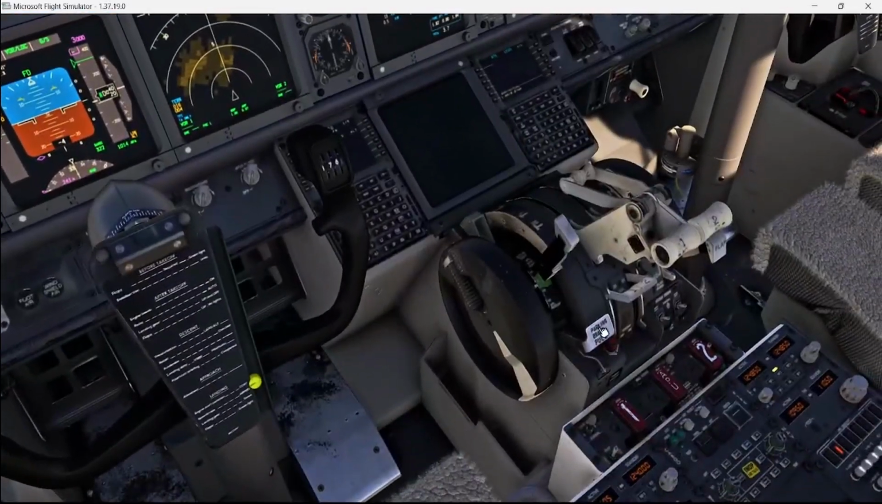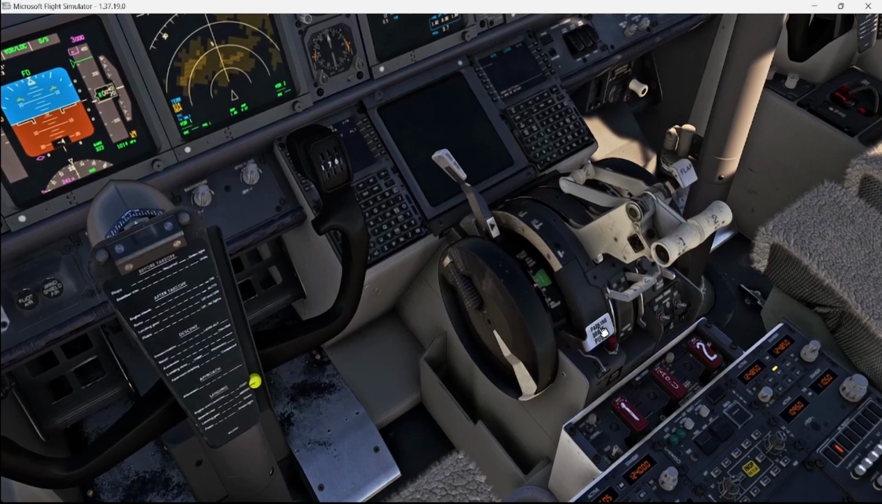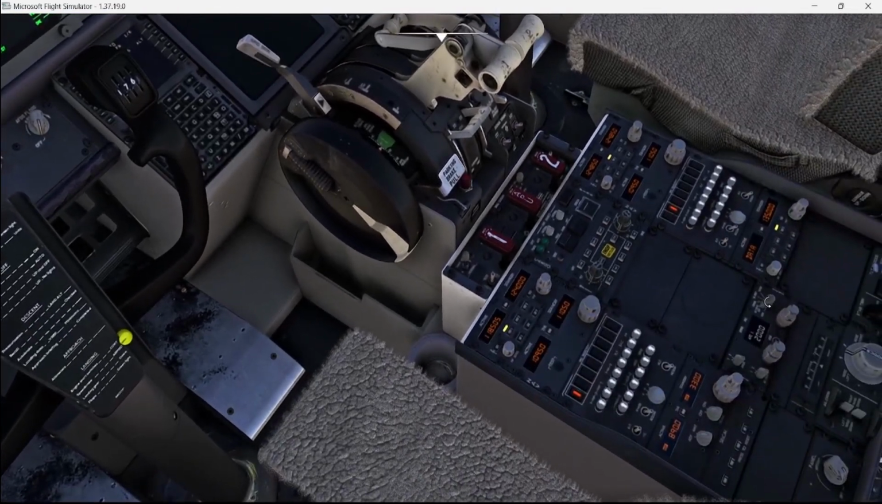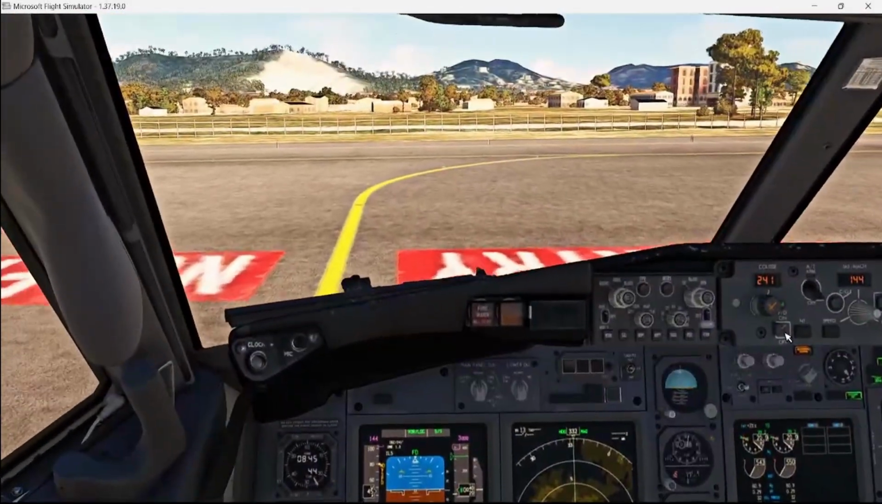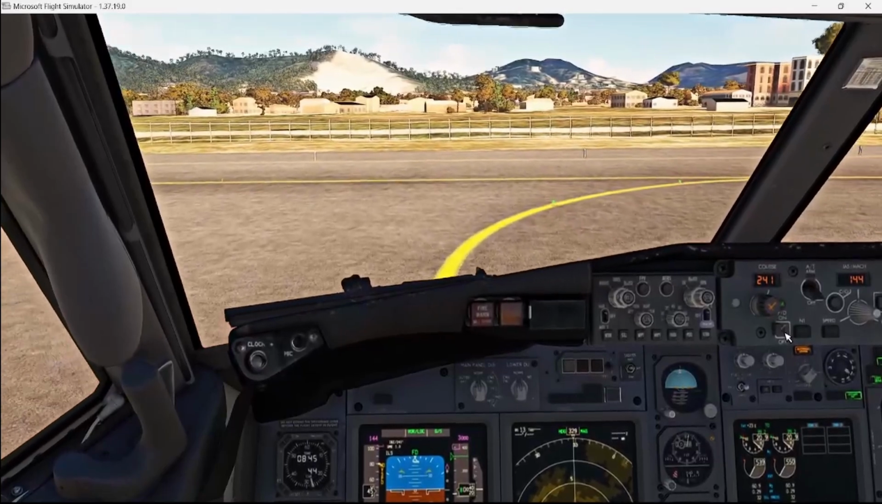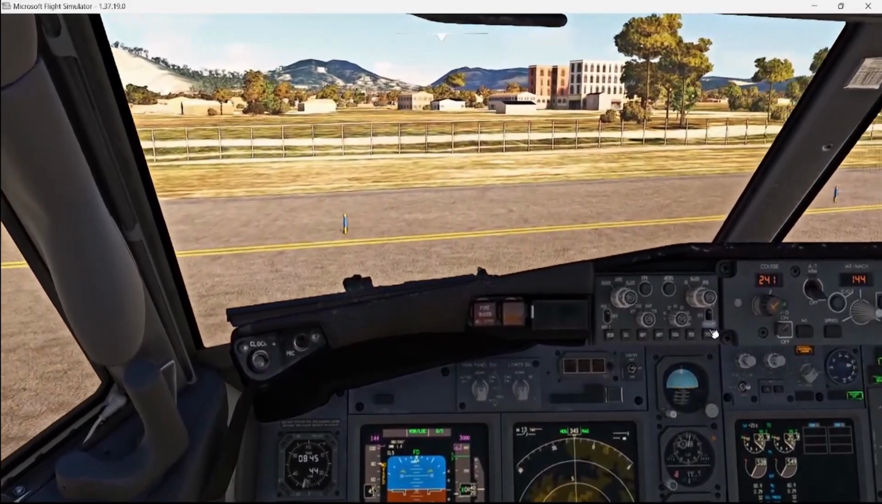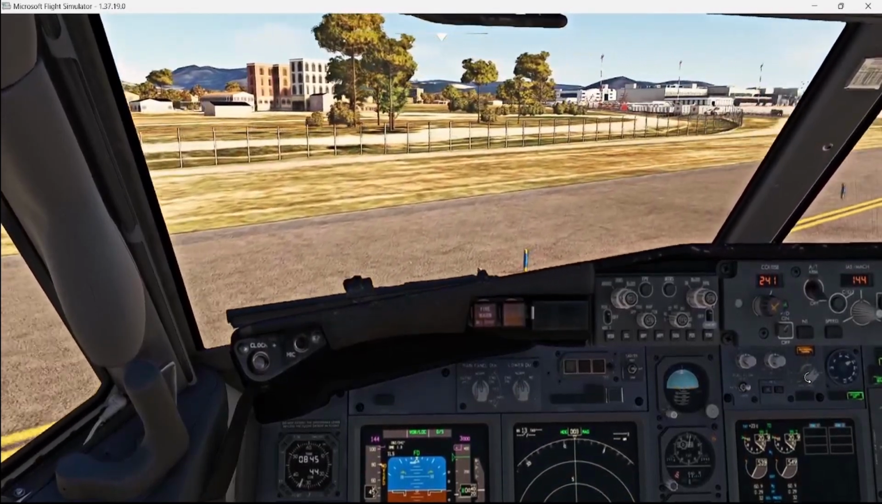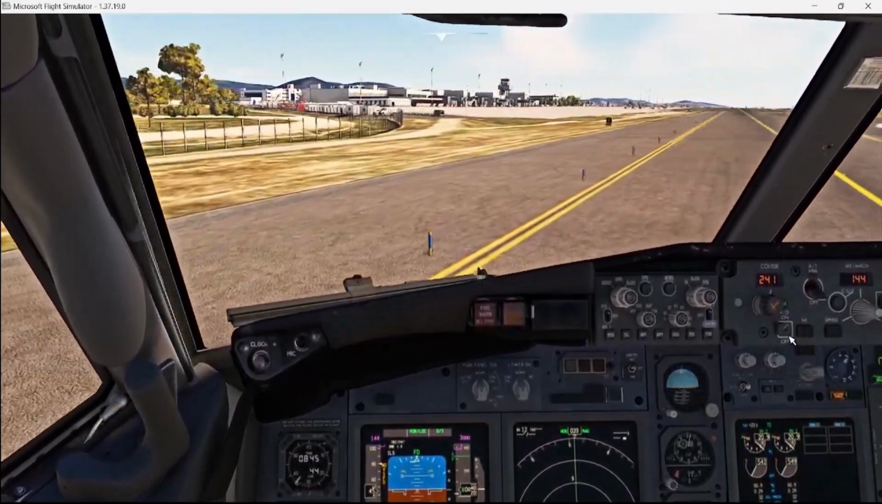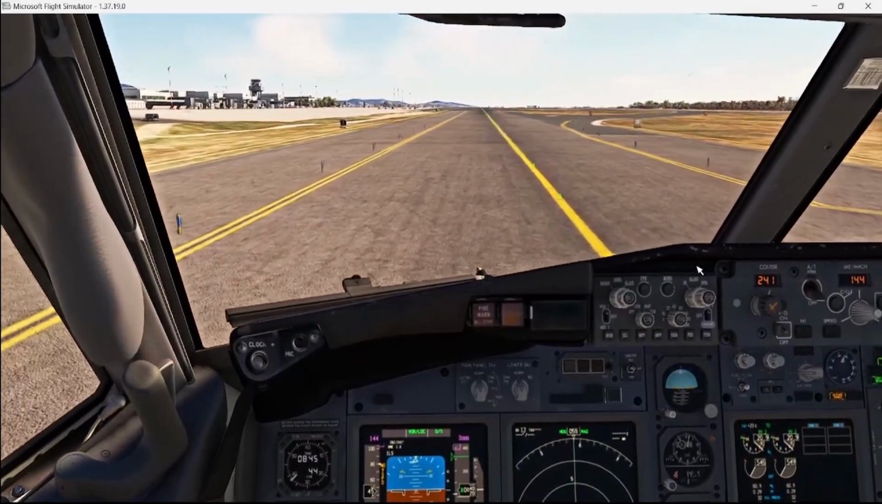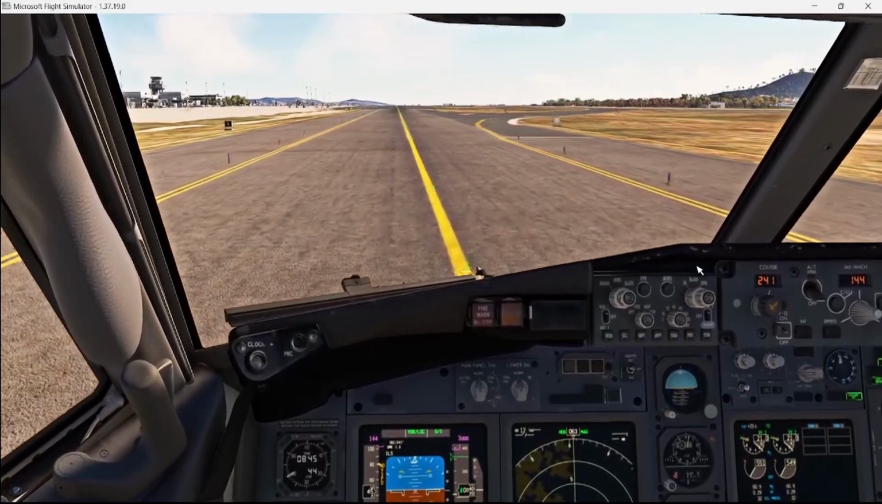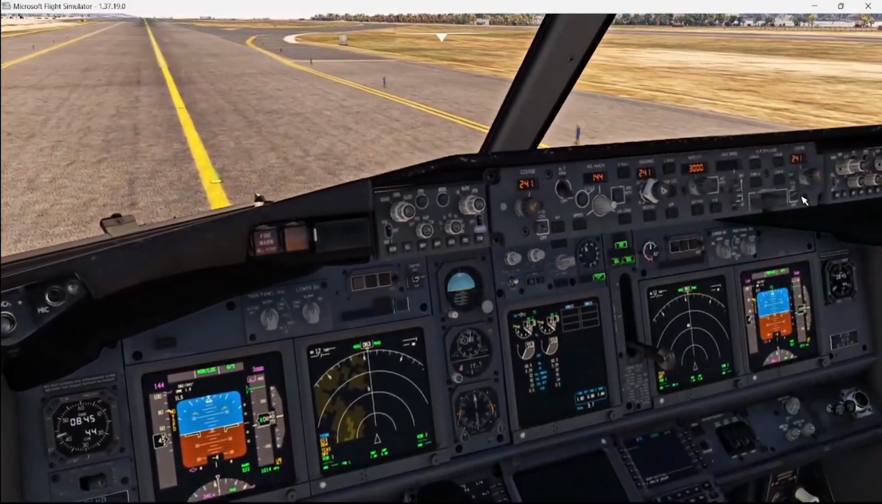So now you start cleaning the flaps, speed brake. Yes, and that's it. This is how to land